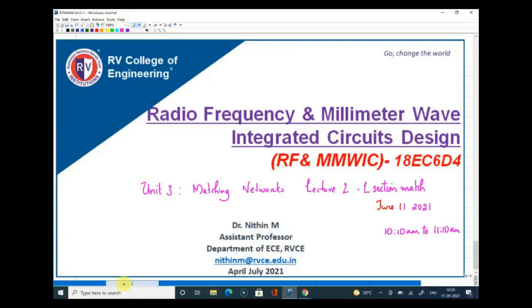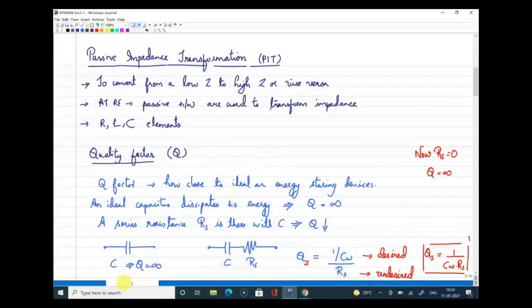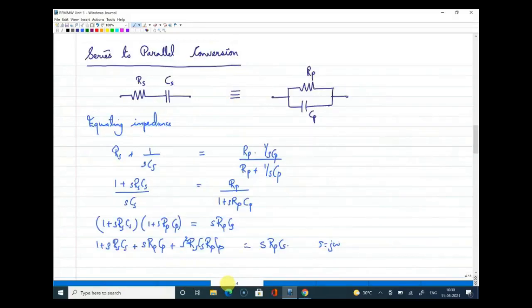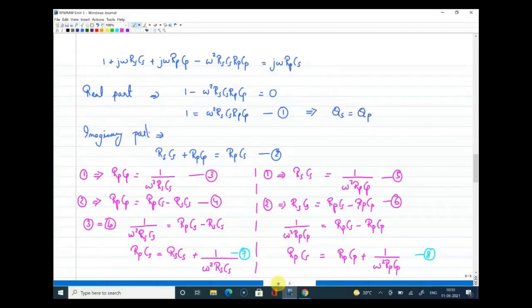Just to revise what we have done yesterday, we discussed the need for passive impedance transformation. Need in the sense of converting from low to high or high to low impedance, which is very much essential when we need to match different circuit blocks in an RF transceiver. We discussed the quality factor of a network, and then later we saw series to parallel conversion, and we